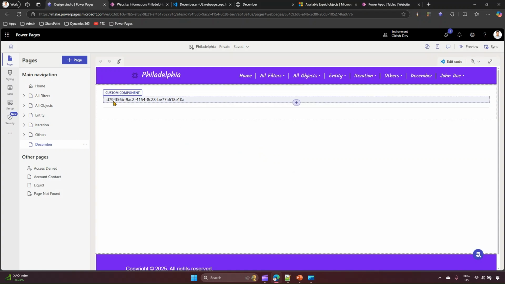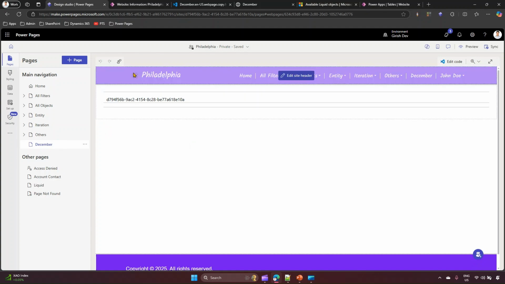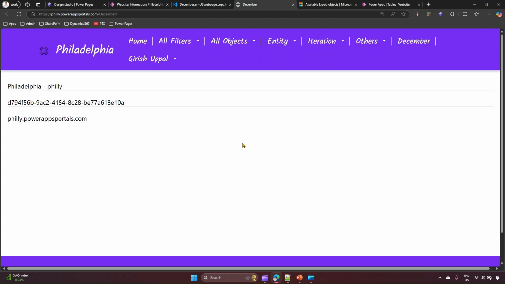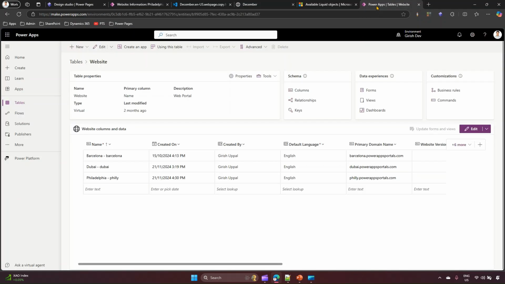So you know the ID, but you don't know the website name or the primary domain name. It will only get rendered when it is executed on the server side. So if I just run this, it should show me the website ID and it should show me the domain name as well. Now the website ID D794, if you go into the backend,